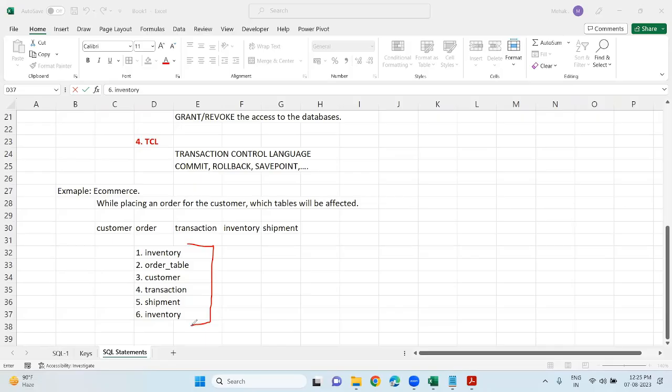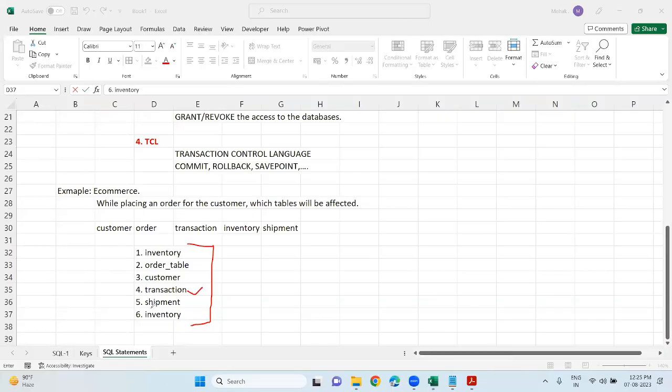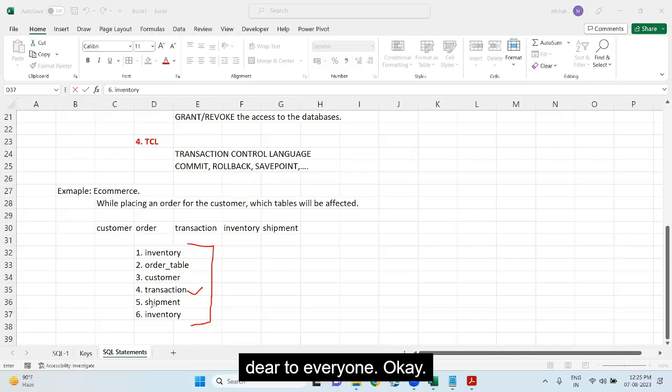तो उस केस में क्या आ सकता है, ट्रांजेक्शन फेल। सबसे पहले ट्रांजेक्शन हमेशा चेक होगा। ठीक है, और कोई भी कंपनी या वेबसाइट अगर ये स्कीम फॉलो नहीं कर रही है तो चांसेस आएंगे एम्बिग्यूटी आएगी डेटा टेबल में। क्लियर टू एवरीवन? ओके।